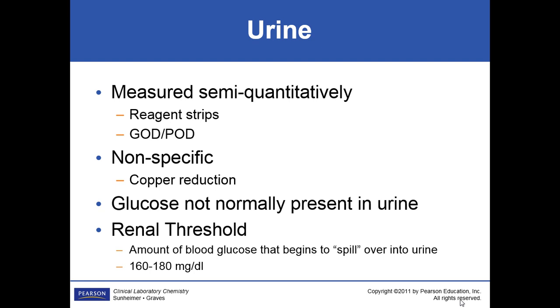So if you are seeing, especially more than a 1+ or a trace on a specimen urine, then they've got elevated serum, and not just this minute. You know, it took a while to cross through the kidneys. So they're probably either diabetic or on the way to being a diabetic.